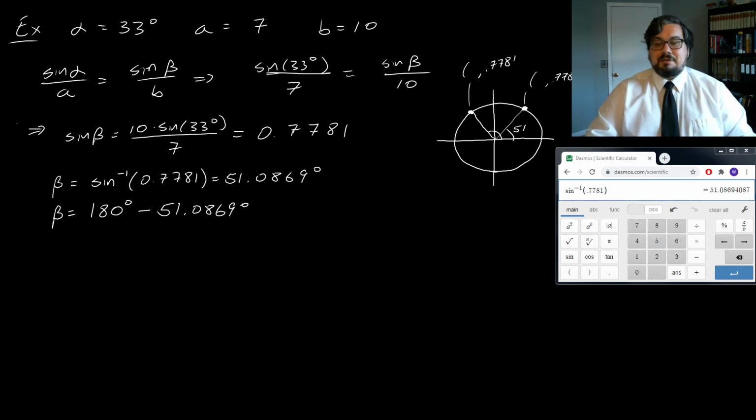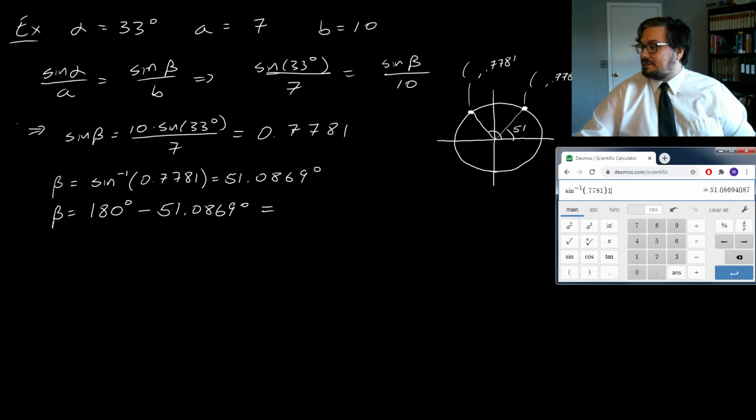So that's the other angle that we've got. We've got beta is either 51.0869 degrees or 180 degrees minus 51.0869,